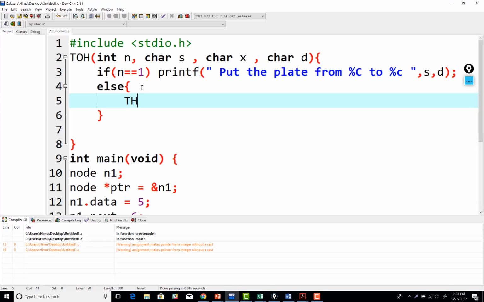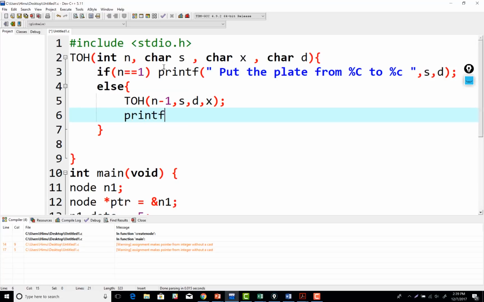You have to call Towers of Hanoi to put n minus 1 plates from source to spare, and that will become the destination. Correct? So this is source, this is spare, and this is destination. So I am putting source to destination. I just changed the order. Then printf